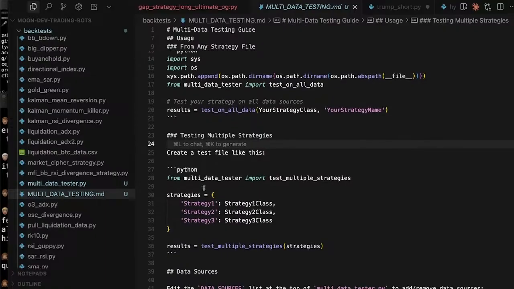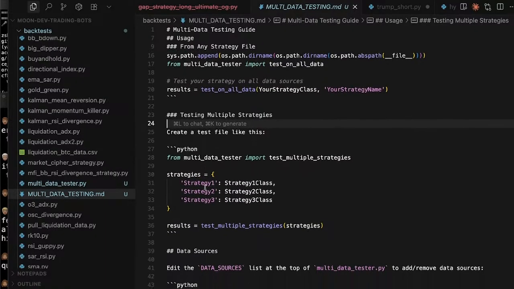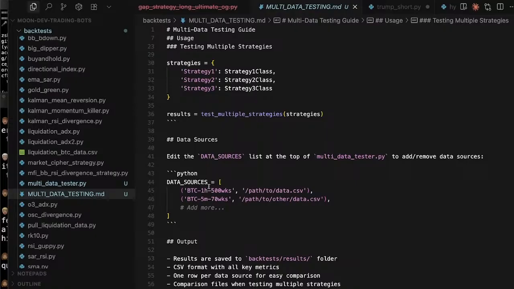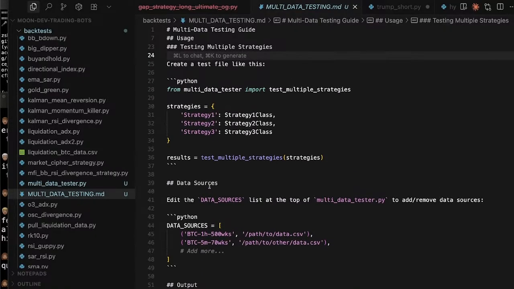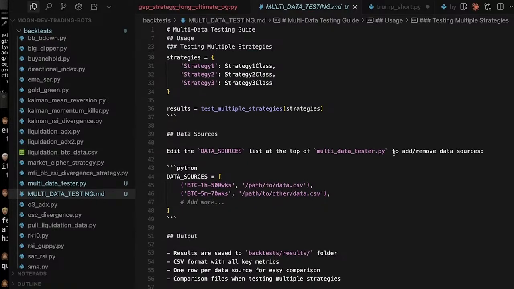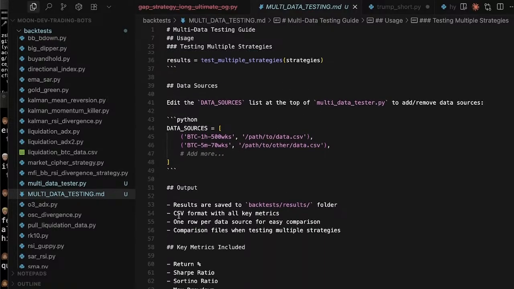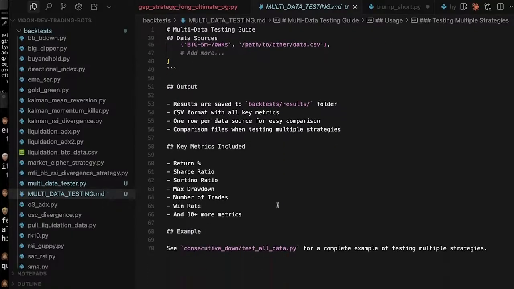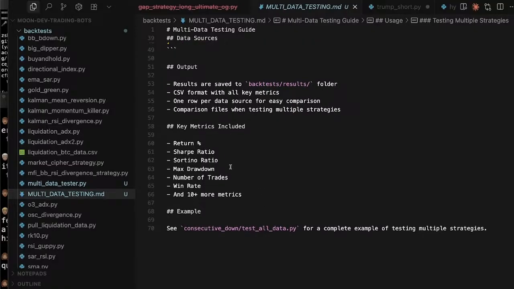Testing multiple strategies. Create a file like this. Data sources. Edit the data sources at the top of that. Okay, results are saved to backtest results. Okay, I mean, key metrics,